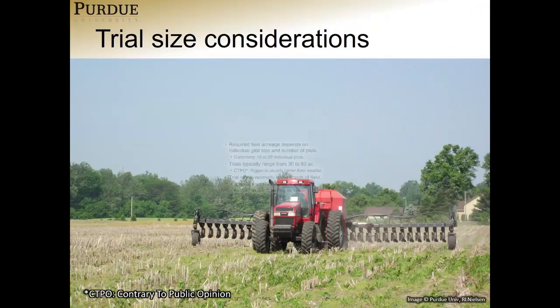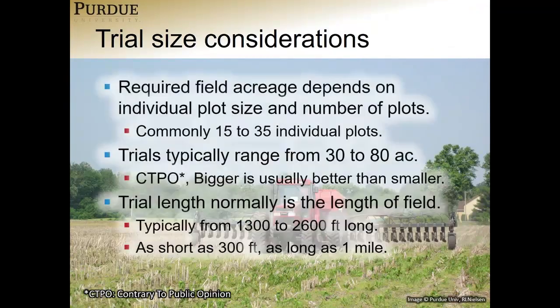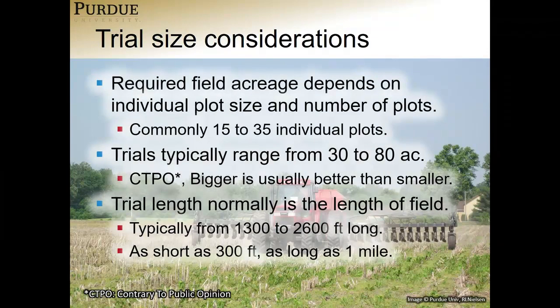In terms of size of trials that are desirable, there probably is no one kind of size. Typically, we're looking at field acreages that allow us to put in somewhere between 15 and 35 individual plots. The trials themselves, as I've already indicated, range from maybe 30 to 80 acres for most of them. And contrary to public opinion,